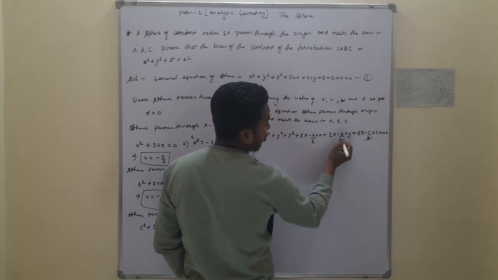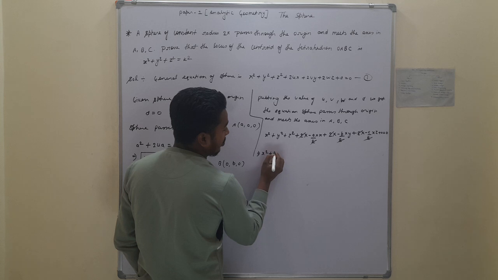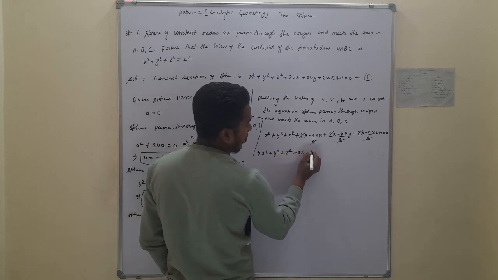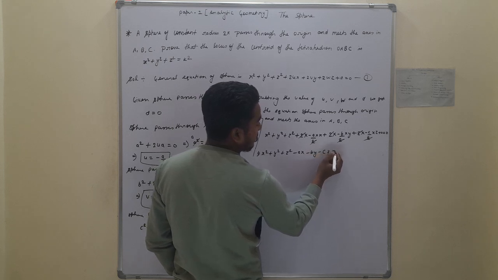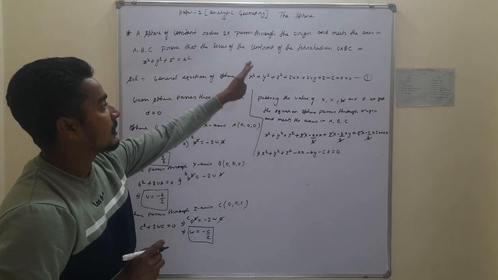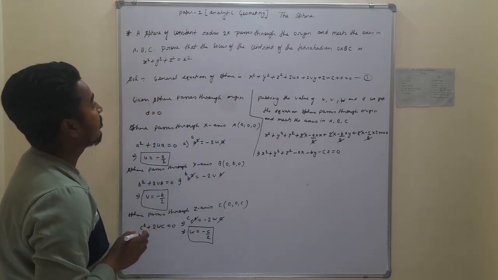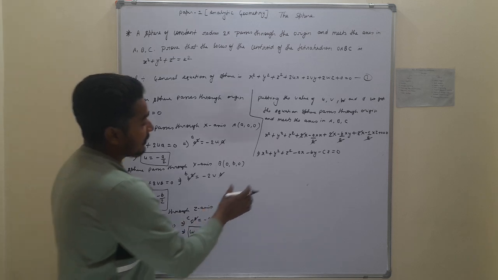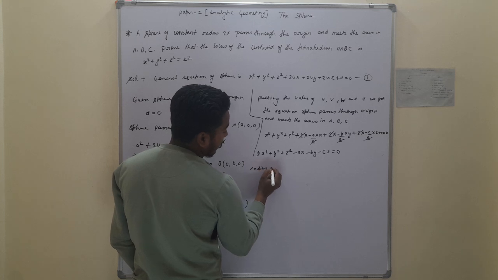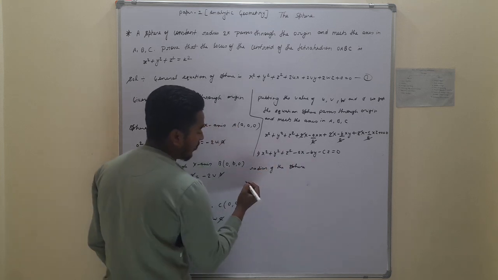2 to 2 is cancelled out, and remaining is x square plus y square plus z square minus ax minus by minus cz is equal to 0. This is the equation of a sphere that passes through the origin and meets the axes in A, B, C. Further we have to find the radius of the given sphere. Radius of the sphere is given by